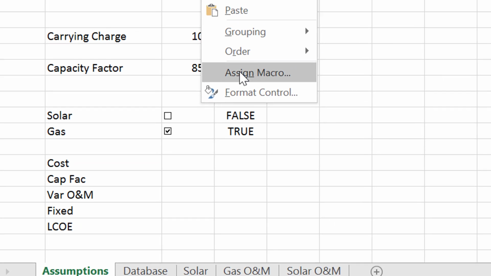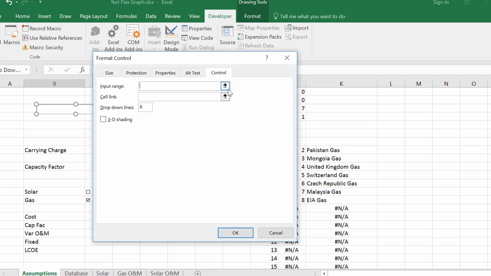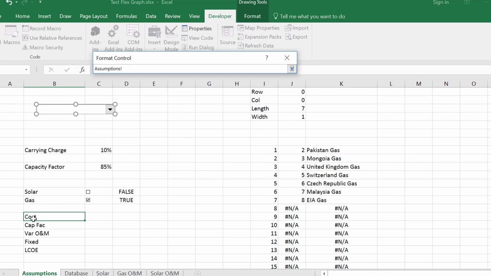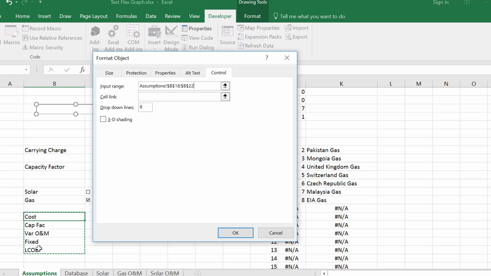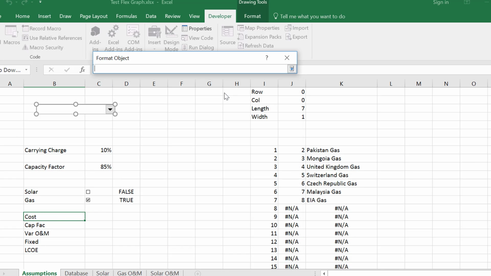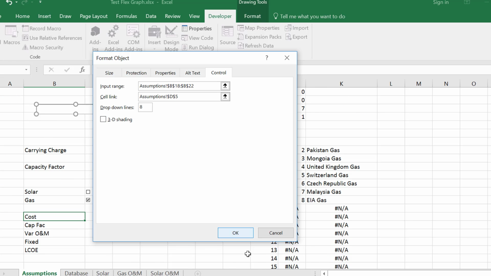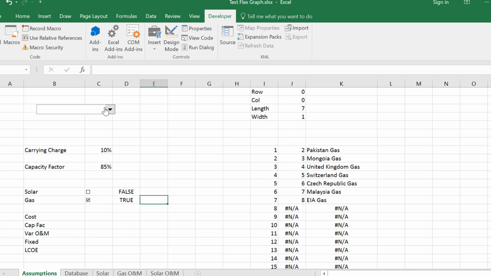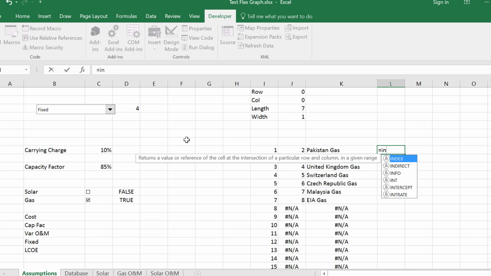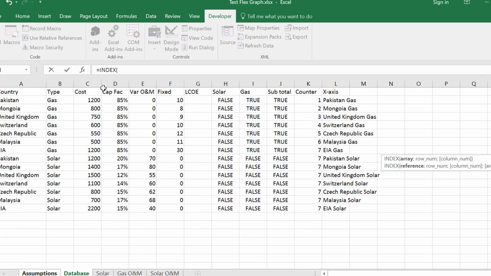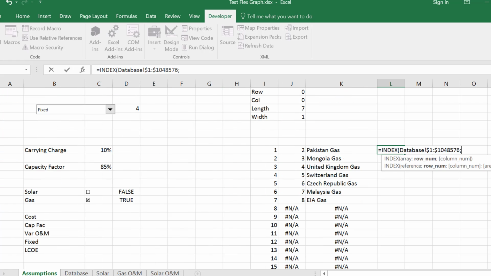developer tab. We say, okay, let's format a control. Let's go to a different sheet, back to this sheet, our windscreen wiper method. And let's then put our index function. We go to this sheet, back to this sheet, and then put our little index thing here. So in this graph, we can now show you which item we want to graph. And then to get that working, you put equal index, and then you cheat. Not really cheating, but you click on the whole spreadsheet. Press F4, and then we want